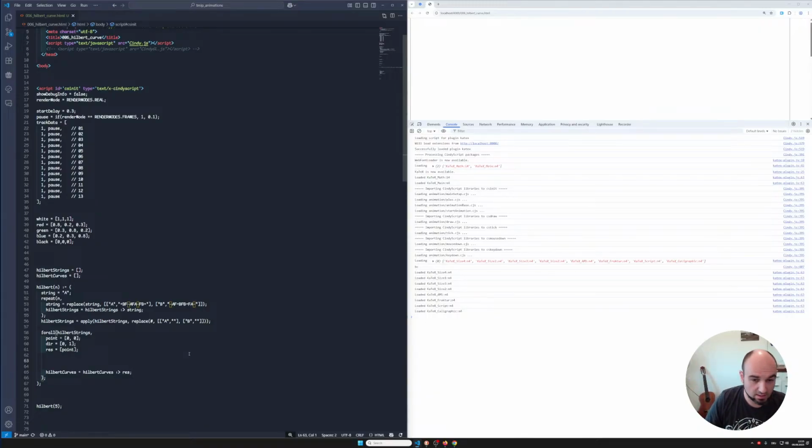Good. Then we can go through our string. So for all Hilbert strings, let's give it a name, string. Let's do a while loop. A little bit dangerous, but that's okay. While the length of the string is larger than 0, we do something. And what we are doing is